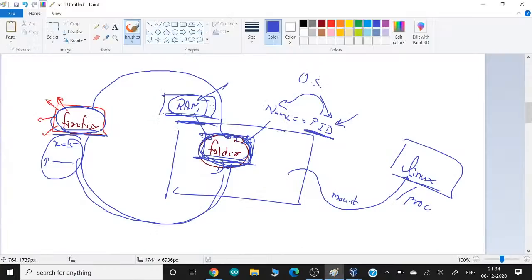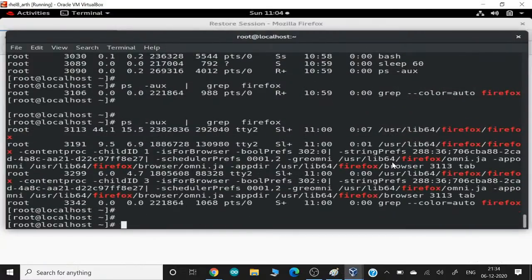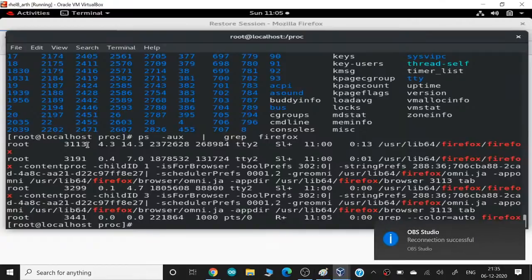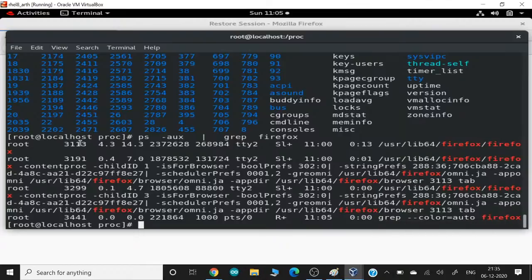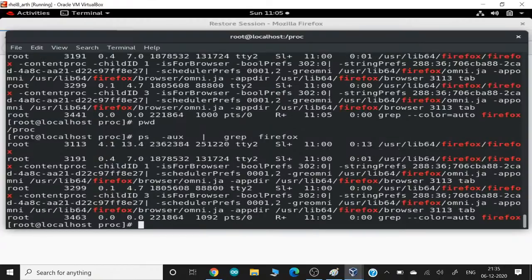So if you want to see all the folders, or the PIDs, in this operating system, then we can go to the RAM. And if you want to go to the RAM, it is this folder called /proc. So let me show you here. If I go to the /proc folder, /proc should contain... I think, guys, there's some seconds of disruption in the internet connection over here. Okay, but right now I'm in my folder in my RAM, and if you run the ps command,